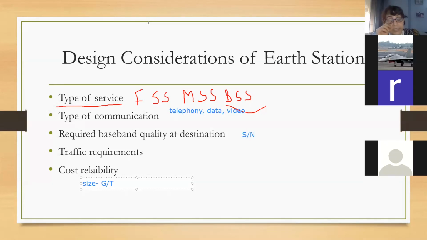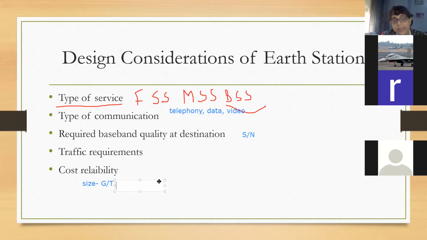Noise free communication is a design consideration, yes. Noise free comes under the signal to noise ratio, right? The lesser the noise, the higher your signal to noise ratio. So noise free consideration comes under the quality. Okay, very good. What else? Antenna, very good. Antenna and antenna efficiency, that is your G by T. The antenna size and antenna efficiency, the gain is decided by the G. Very good. What else?